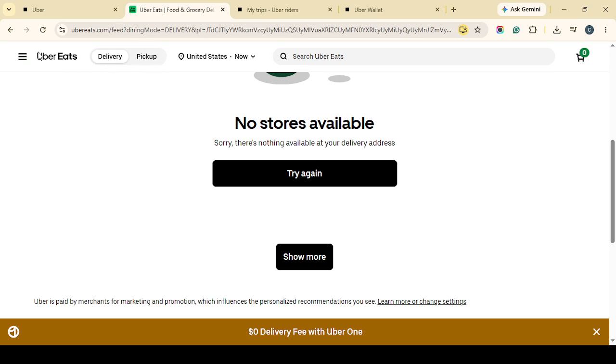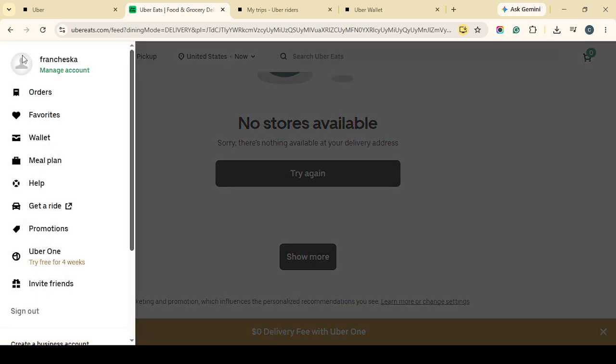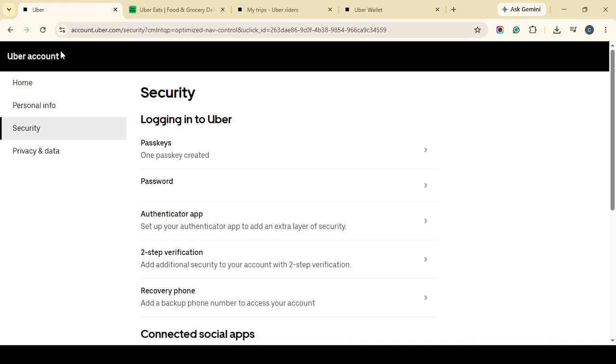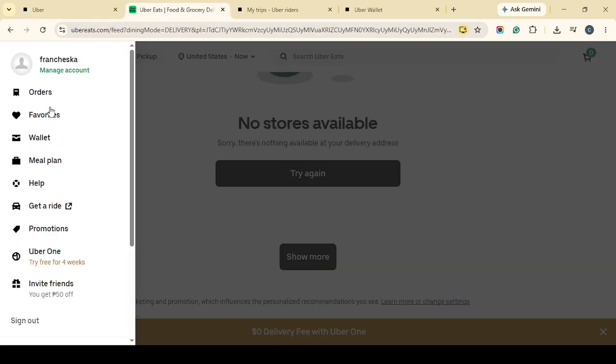If the transaction block continues even after re-adding the card correctly, the next step is to contact your banking institution. Sometimes banks automatically block transactions for security reasons, international processing, unusual activity, or merchant-specific restrictions. Let them know you're trying to use the card for Uber and ask whether there's an active block or authorization issue. Following these steps should help you remove the declined card, add it back properly, and identify whether the problem is